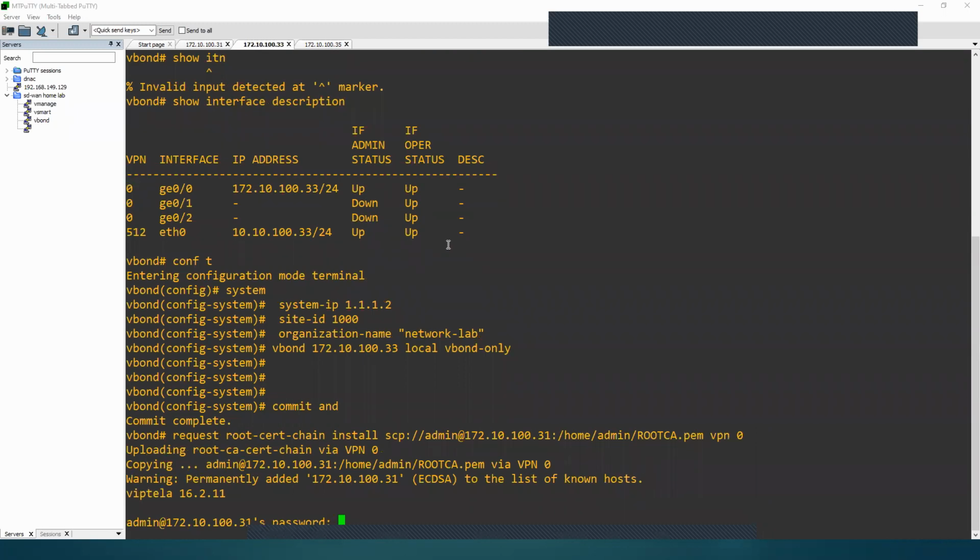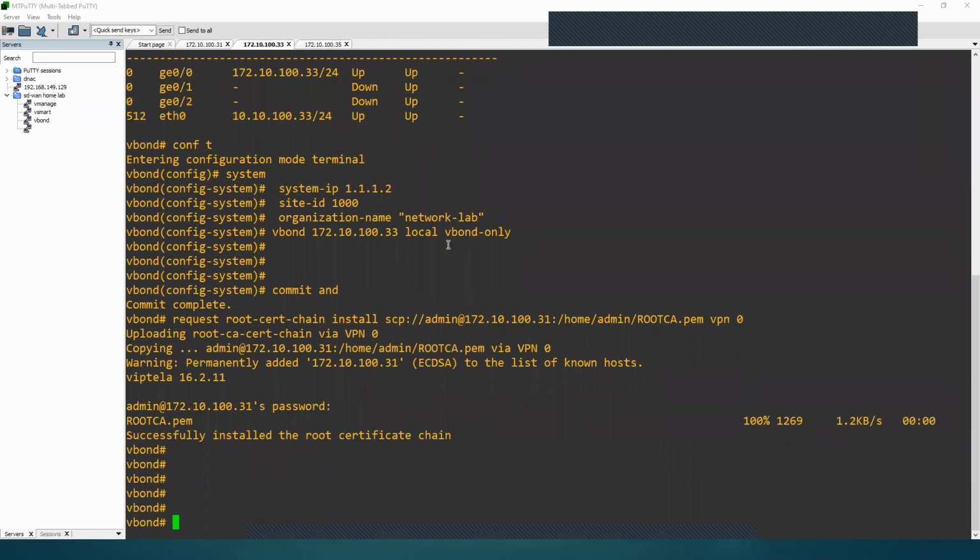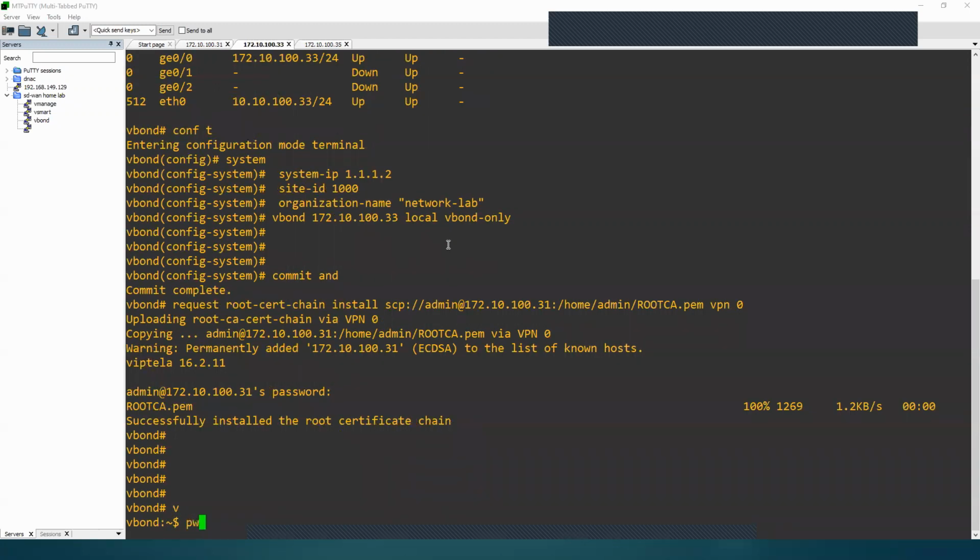Now, if everything is okay, vBond will SCP to vManage and copy that particular PEM inside its own home admin place. Give the password as admin, and it's copied successfully. So it is telling that the root cert chain is successfully copied,